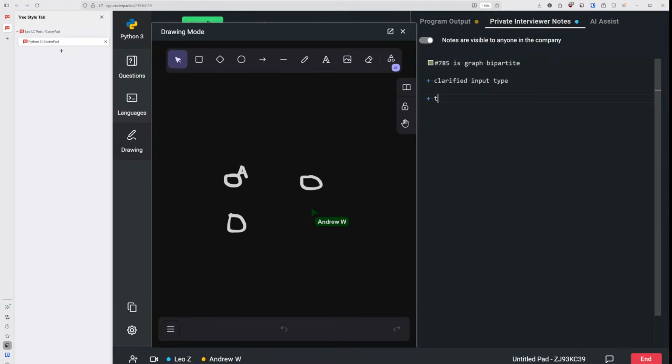Okay, let me see if this definition is good enough. All of A's neighbors must not have connections with each other. Let's see if that is sufficient. I think that might not be though. It would be a necessary condition for all of A's neighbors to not have edges with each other. Let's see. There's one B where that's going to be